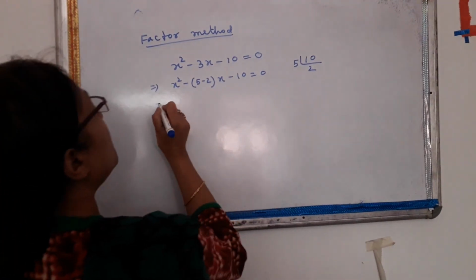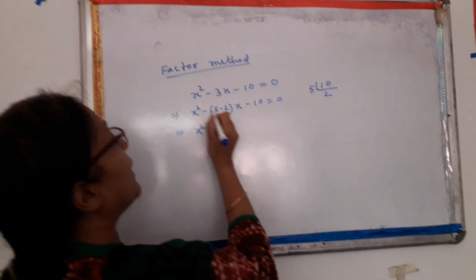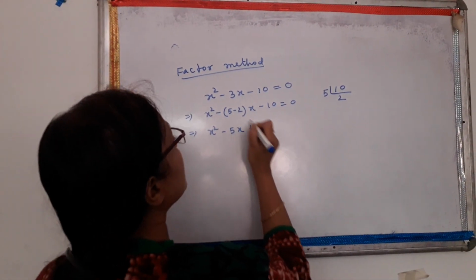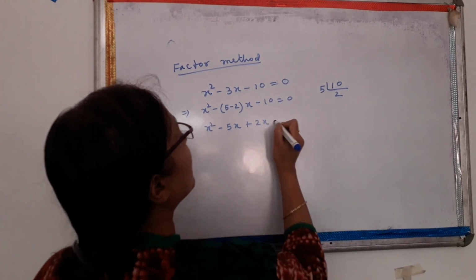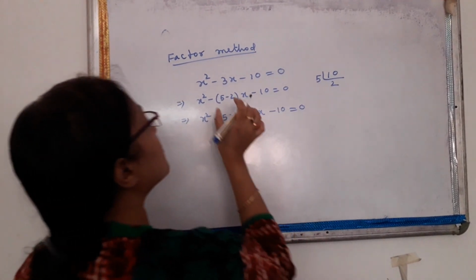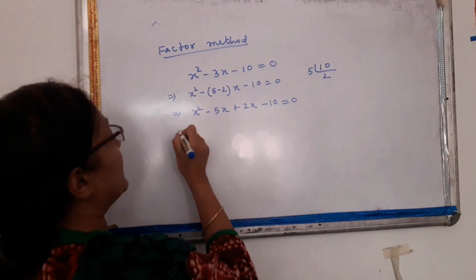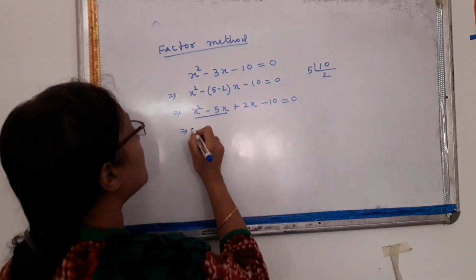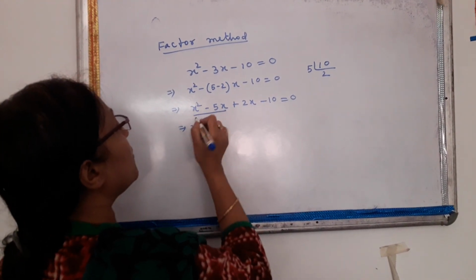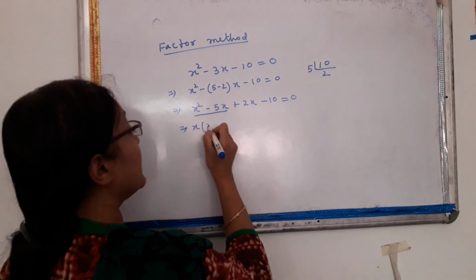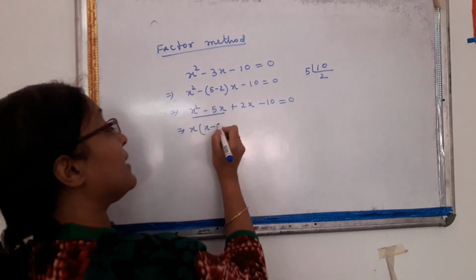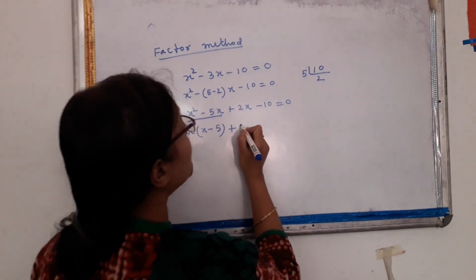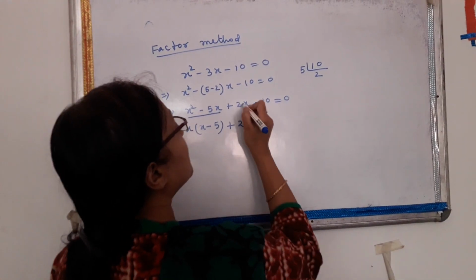Okay. So now when you open it, you are getting minus 5 into x, 5x. Similarly plus 2 into x, twice x. Here minus 10. Everything is okay, just we do the calculation on this side. Now from the first two, what is common? You see here also x, here also x. You can take x common. So what is left out from x square? I have taken x, so x is left. Here I have taken x, who is left? Only 5. Now this is the sign minus. From these two what is common? 2. Here also 2. If I take 2, here x.